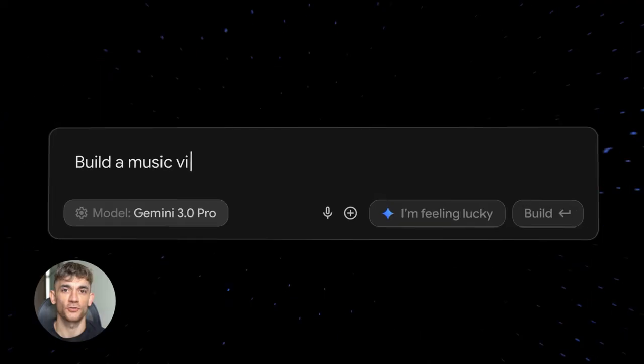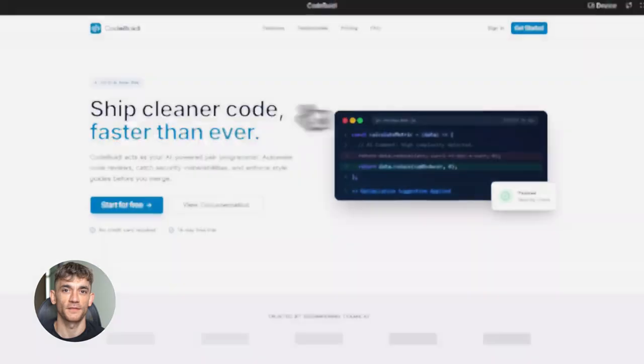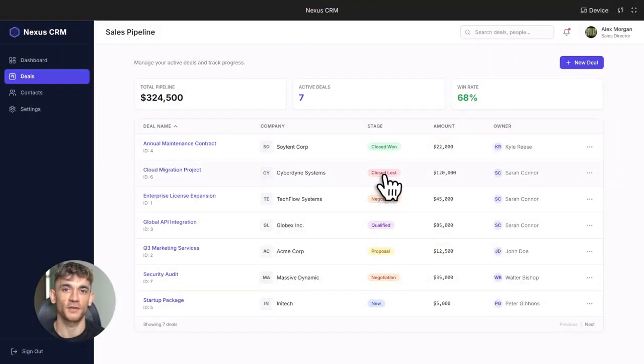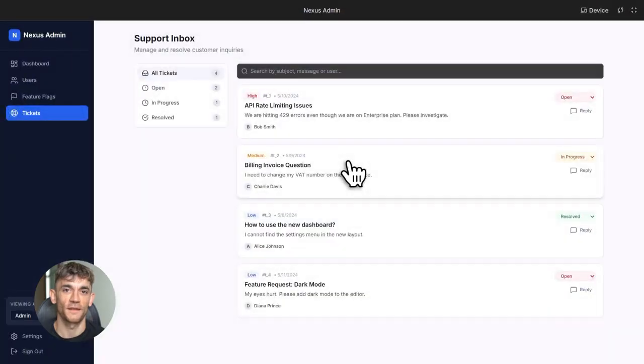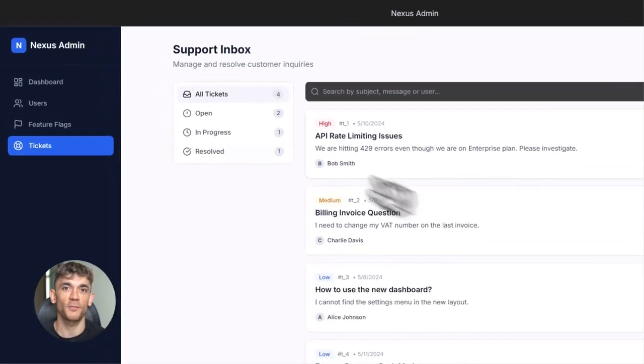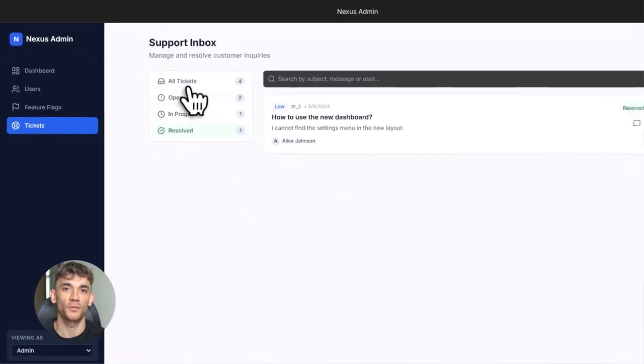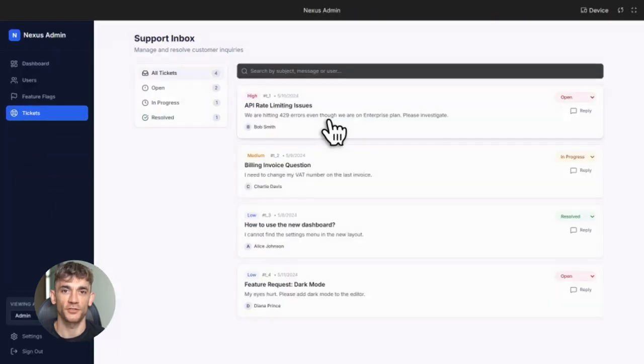Gemini 3 just replaced web designers. Here's how. Gemini 3 is building entire SaaS dashboards in 60 seconds. I'm going to show you 3 live builds right now: a marketing site, a CRM dashboard, and an admin panel. By the end, you'll know exactly which parts of your job just disappeared and how to use this thing like